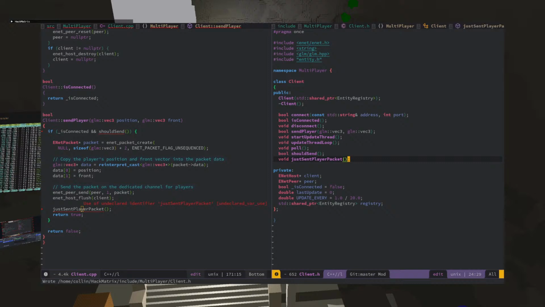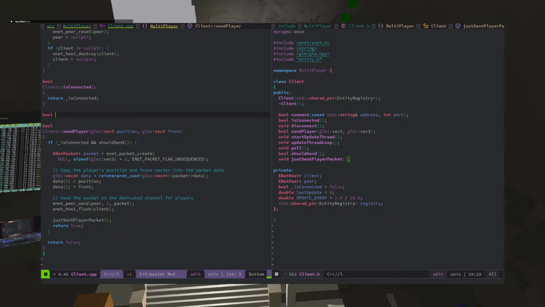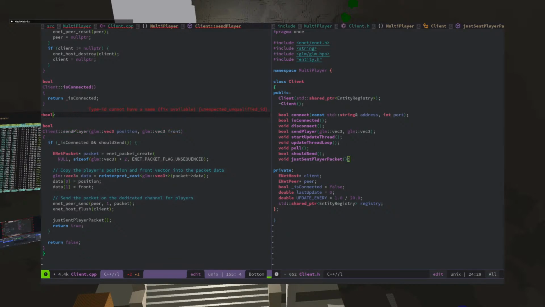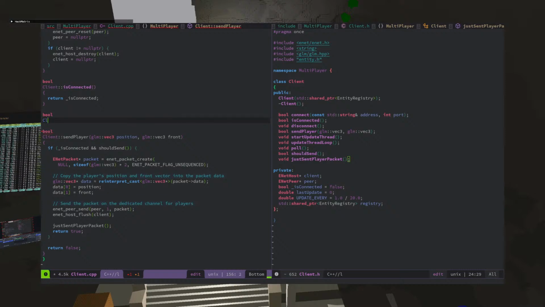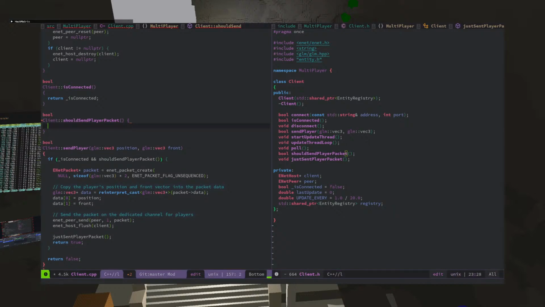Okay, so now I can implement these. Bool client should send player packet.